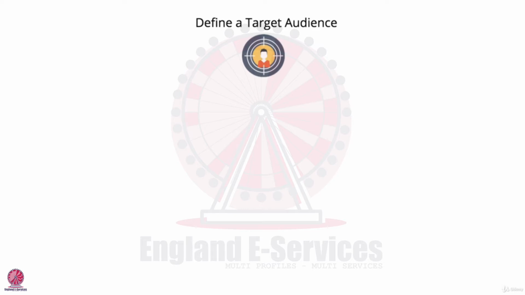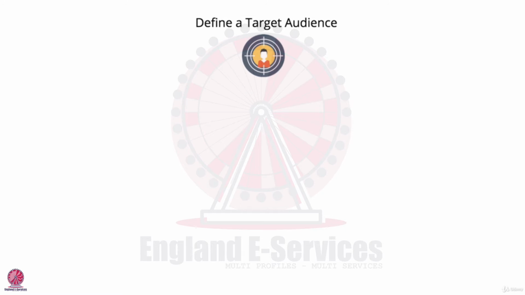And the first step in that process is to define a target audience. The marketing channels like Facebook and YouTube are so big, so noisy. You need to be really clear about who you're going after. Not only their age and gender and maybe where they live, but also what are the problems that they have. How is your solution going to be better or different than the competition? And also, what difference is that solution going to make to their lives?